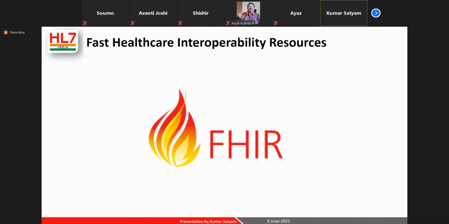a standards development organization which is credited to develop many healthcare standards, healthcare data exchange standards. For example, HL7 version 2, most of you are familiar with, was developed by HL7. Then clinical document architecture, the CDA, is a very famous standard from HL7. HL7 did V3 also, HL7 version 3, but that was not a great success. And now HL7 has launched a new standard that is called